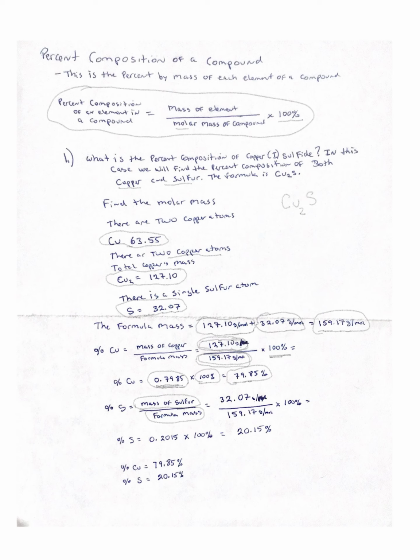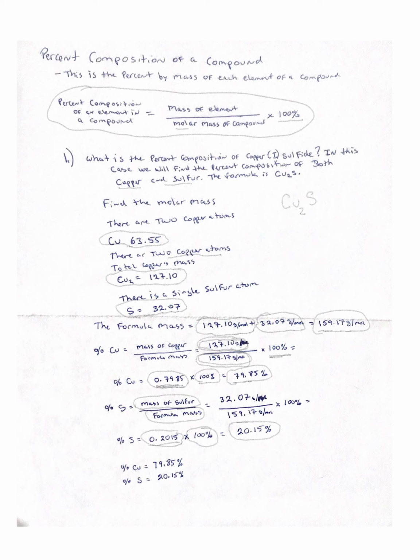If I divide 32.07 by 159.17, I'm going to get 0.2015. So that's not a percent yet. That's just our fraction of 32.07 of 159.17. I need to now multiply times 100%. When I do that, I get